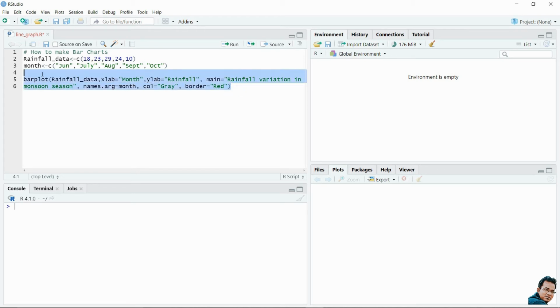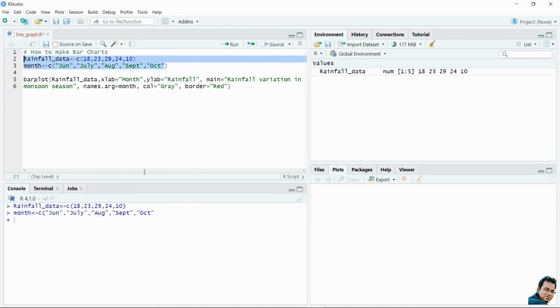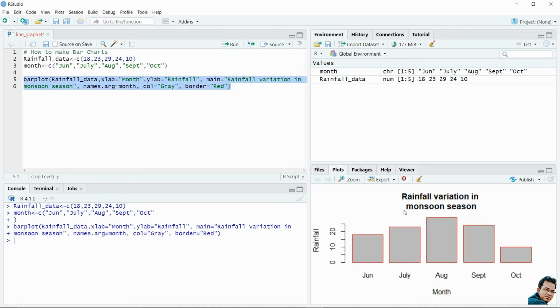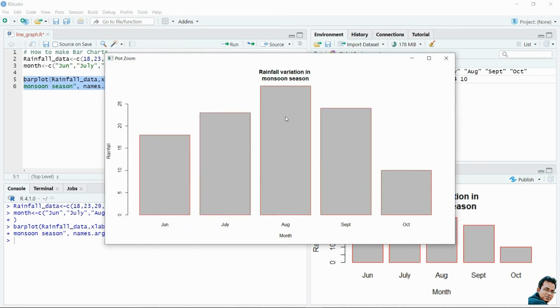So let's execute this code. My data is successfully stored. Now this one. So you can see, this is my bar chart.